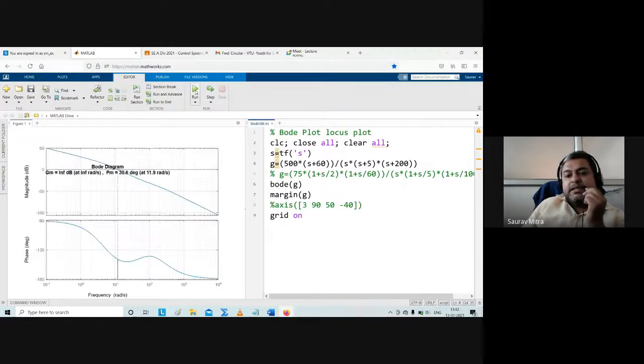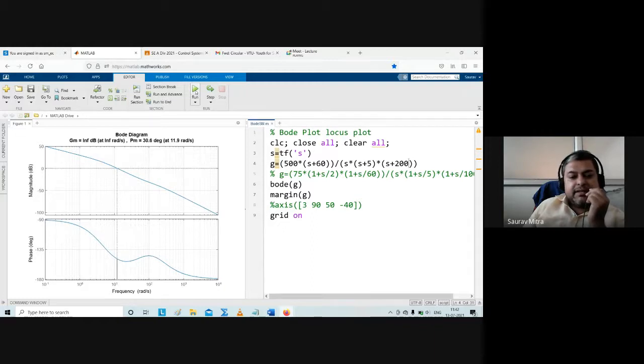So omega GC should be less than omega PC. So in this case, you are finding, yes, a stable system. Can anybody explain? Is this a stable system or an unstable system? Stable. Very good. So have you understood what is the effect? First there are two poles and then there is one zero. That means you are adding a zero of higher frequency, which makes the system unstable. But a pole of higher frequency does not.